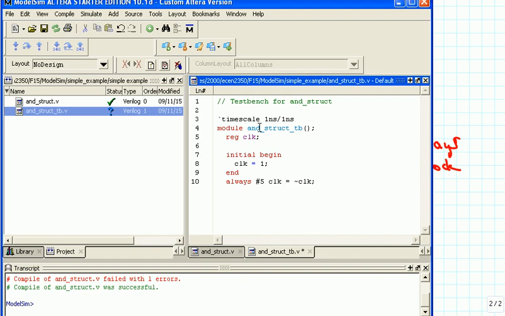Okay, so now we have a clock, but we need two inputs, so we cannot use just a single input for x and y. We have to use something different for x and for y. And we want to test all possibilities, so we want to test 0, 0, 0, 1, 1, 0, and 1, 1. So what that means is that we have to go back and make another register here,